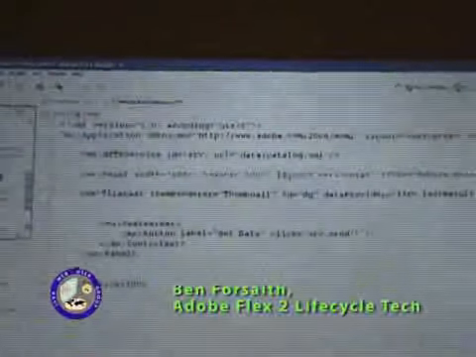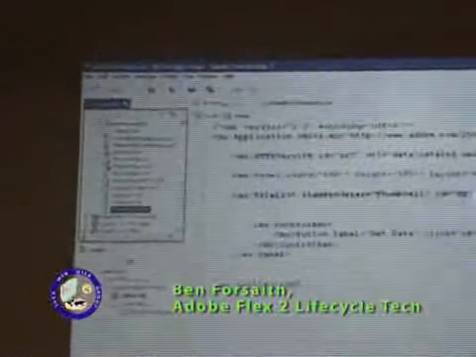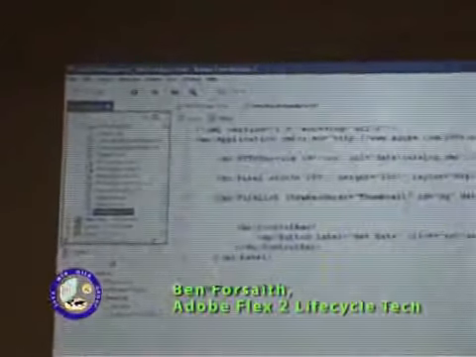What I'm doing is referencing another pre-built component, which you can see here. This is another MXML file. Again, MXML is the language we're using here. And so all I need to do is build discrete components and then just reuse them very easily inside my application. So if I now run this,